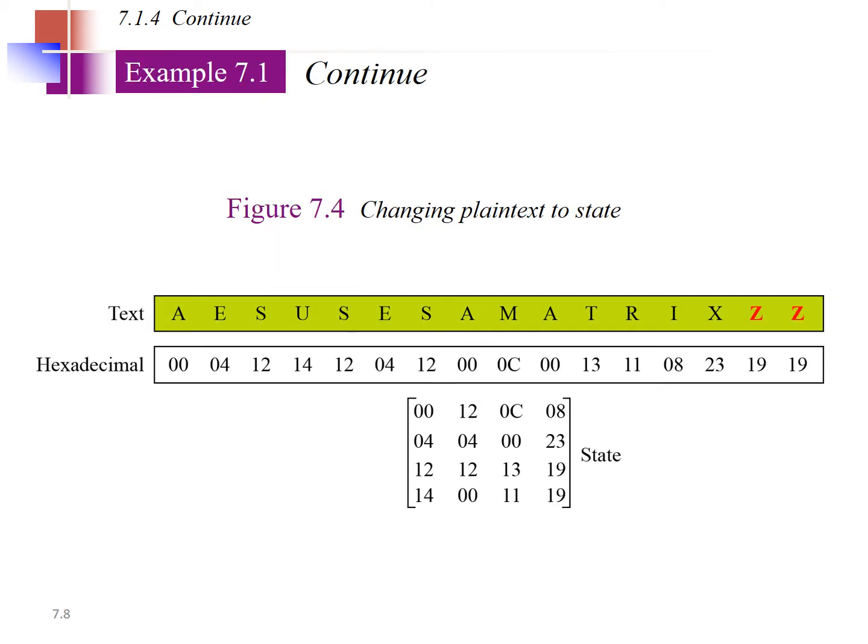Now this is an example. Say for example my plain text consists of English alphabets, A to Z. Some of the alphabets I have picked up for this example. Suppose A, the starting one. Its position value is 0. I can write it as eight zeros: 0, 0, 0, 0, 0, 0, 0, 0. Suppose you want to convert it into a hexadecimal number.